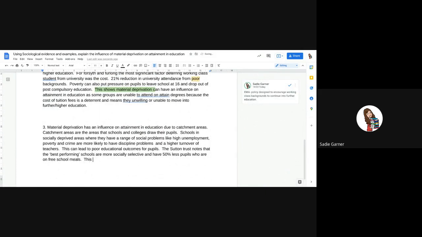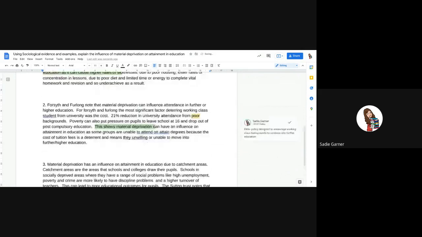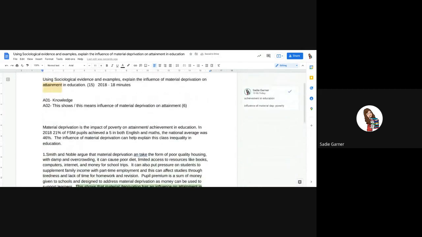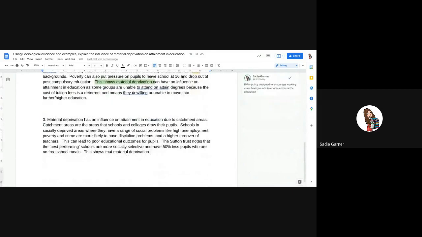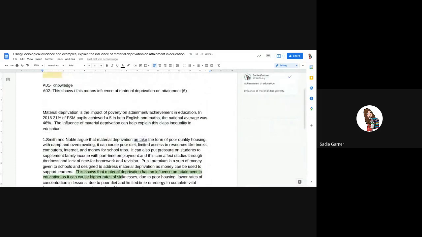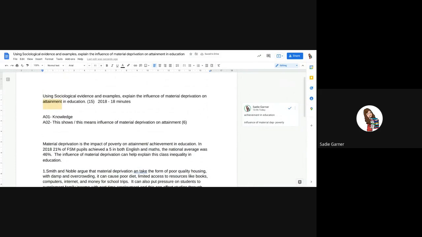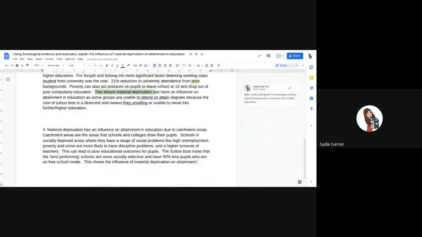Again, this shows we have to do analysis. Read the question after every single time you do this, because you might start to veer away from it. This shows material deprivation, oh, there you go, I've missed the influence. I've got to make sure I'm doing that. This shows the influence of material deprivation on attainment. It shows that material deprivation has an influence on attainment in education,